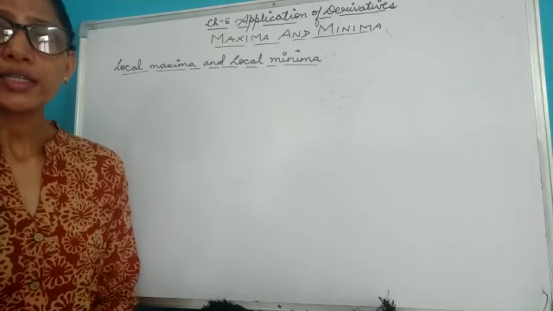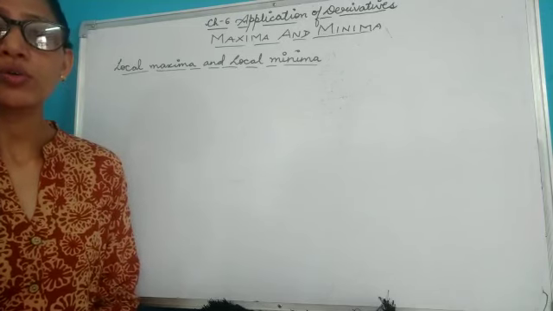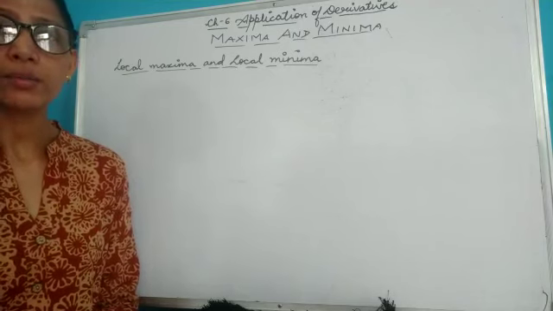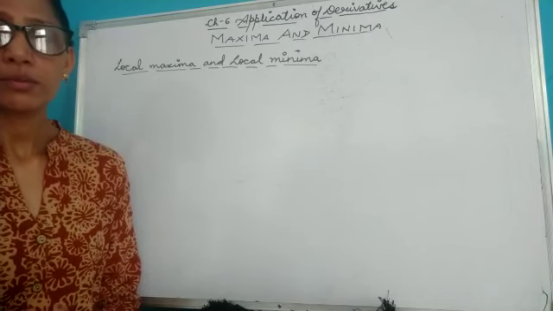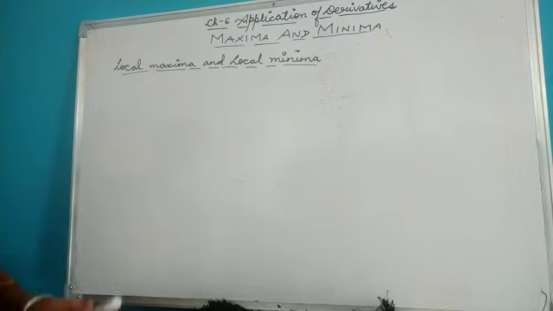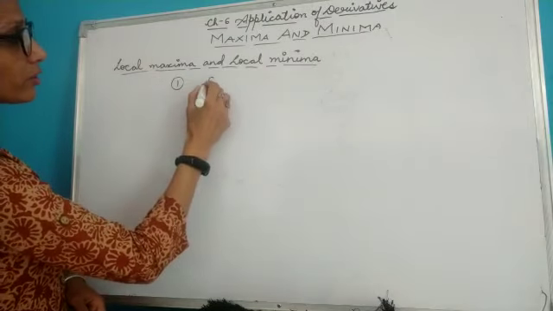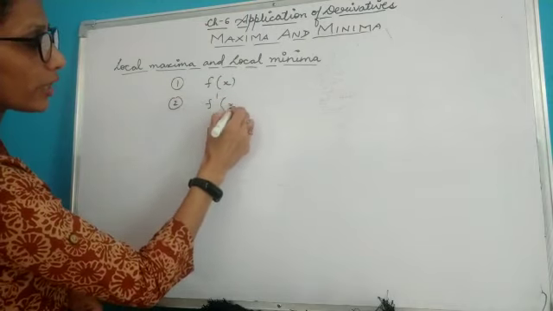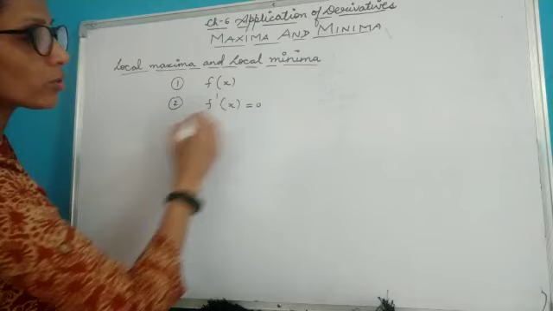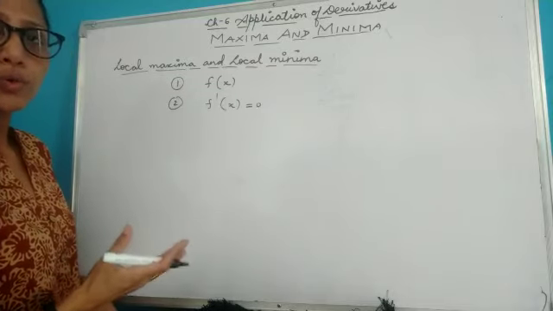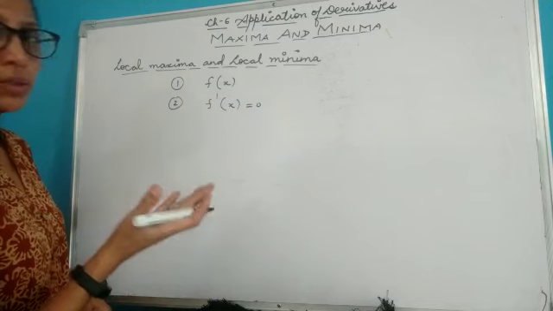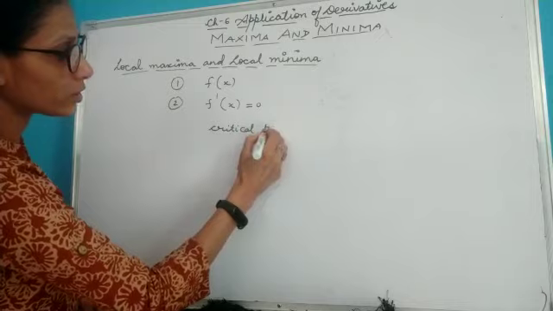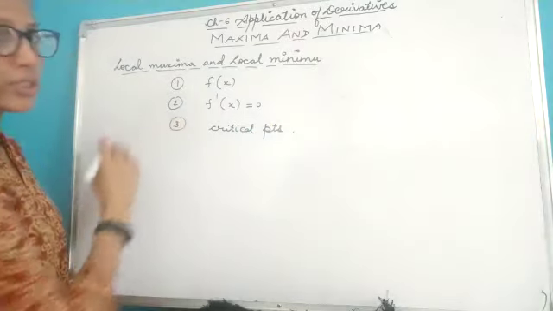Now children, I'll tell you the procedure to do questions of finding the local maxima and local minima. We have a fixed method for this. First of all, the given function will be given to you in the question. You have to calculate its f dash x. You will equate it to 0 and calculate all those points where it has a minimum or maximum value. That means you are going to find the critical points. This is your third step.